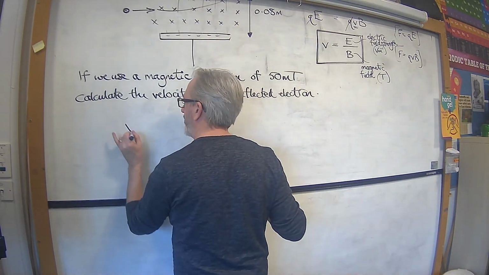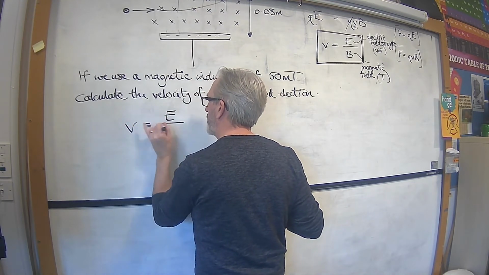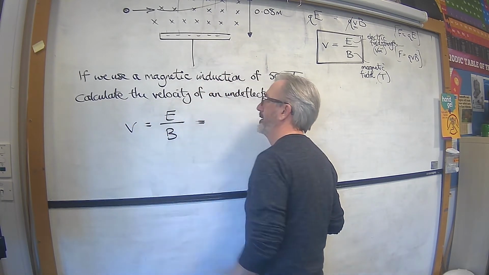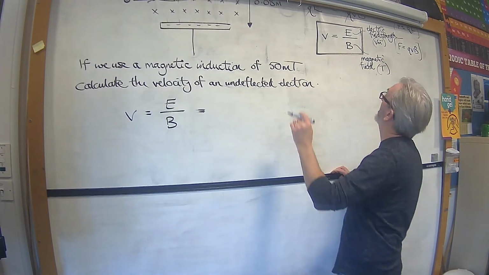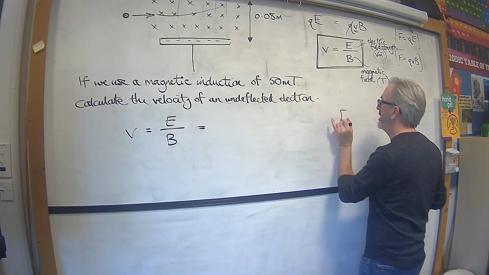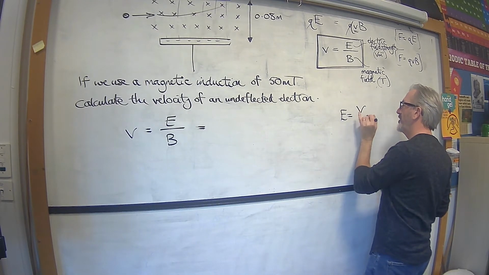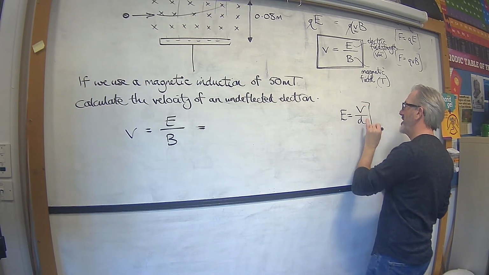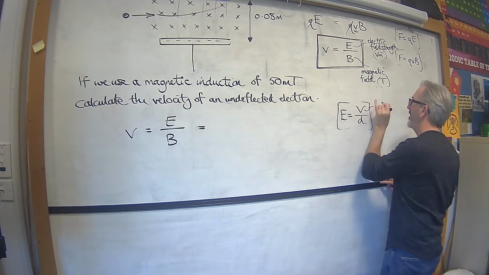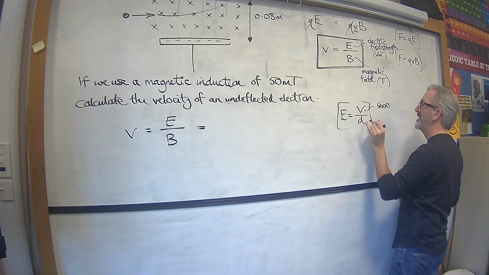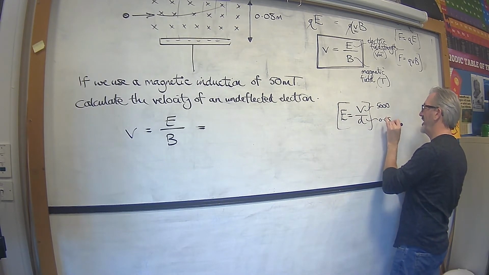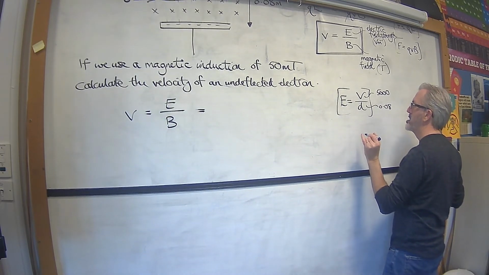So we want V equals E over B. Do we know what E is? No, but we can calculate it, because E, the electric field strength, is the potential difference divided by the distance. We've met that equation before. So 5,000 divided by 0.08, which is